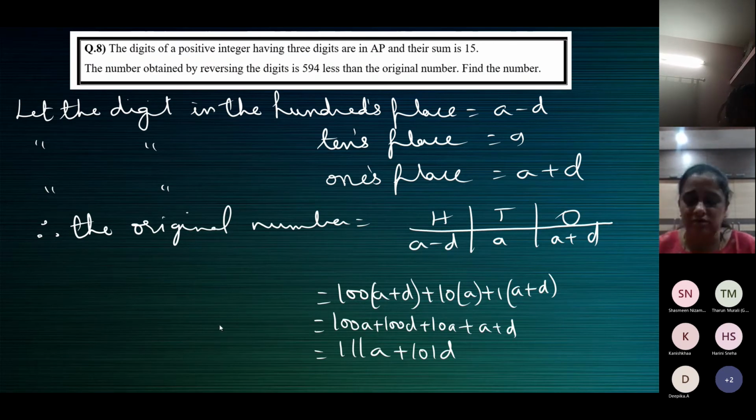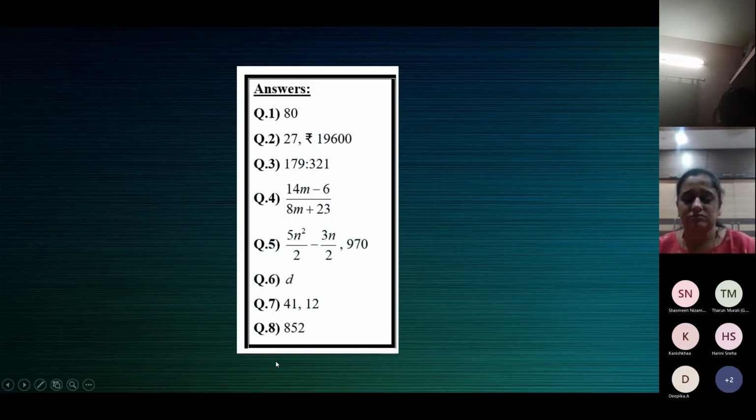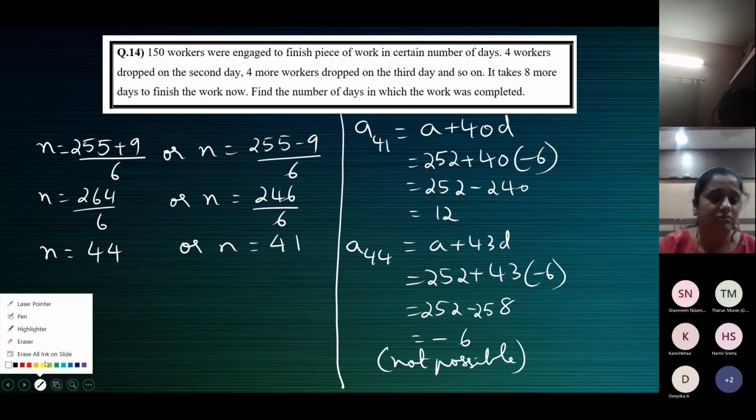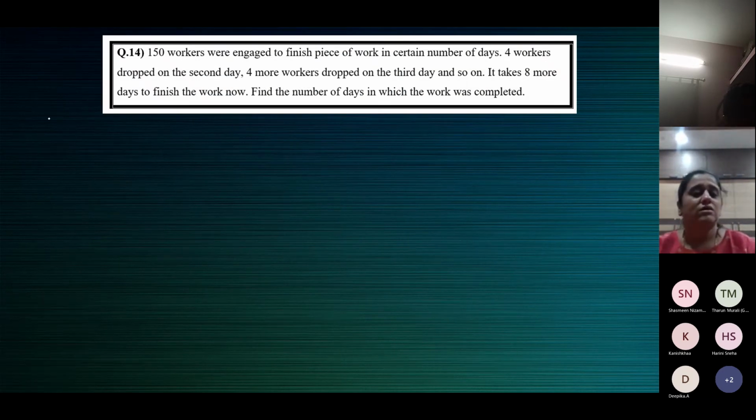Now the new number. What's the new number? The number formed